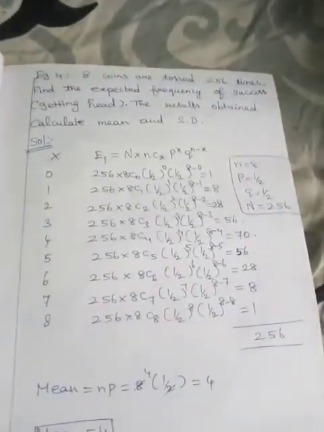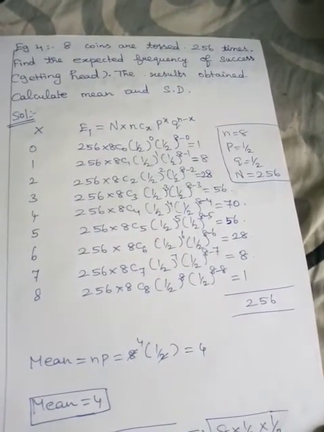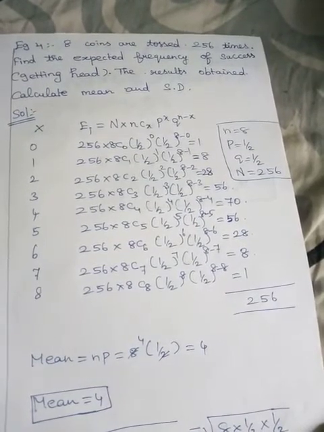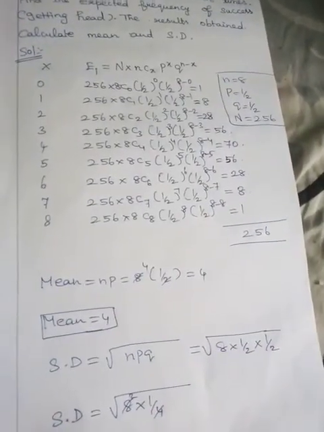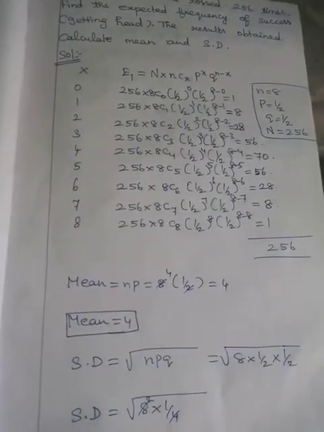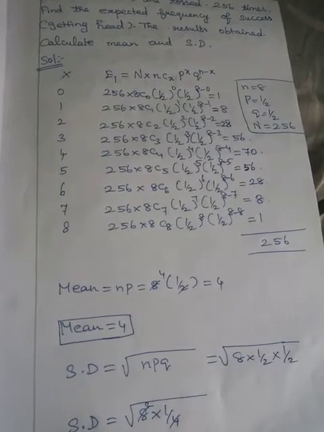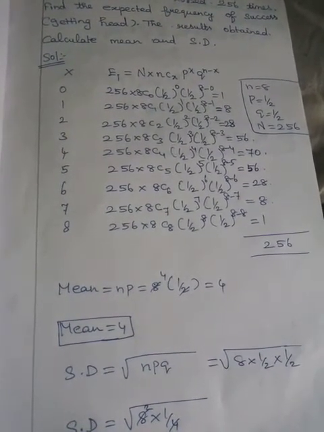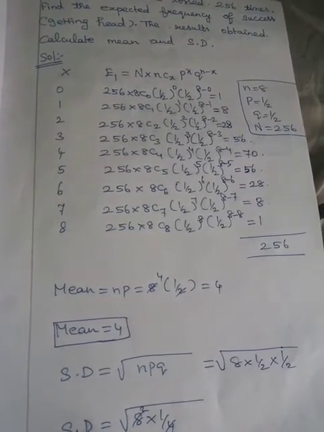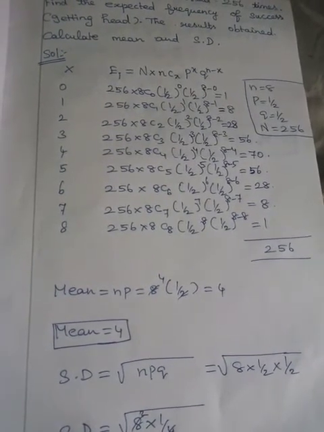Next, example 4. 8 coins are tossed 256 times. Find the expected frequency of success, getting a head. From the results obtained, calculate the mean and standard deviation. Solution: X values 0, 1, 2, 3, 4, 5, 6, 7, 8. The expected frequency values are N times nCx p power x q power n minus x. So the first value is 256 into 8C0 (1 by 2) power 0 (1 by 2) power 8 minus 0